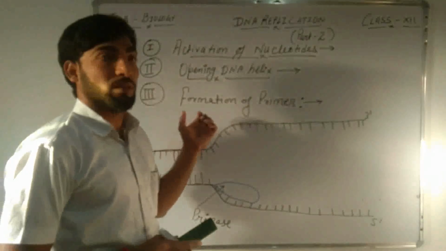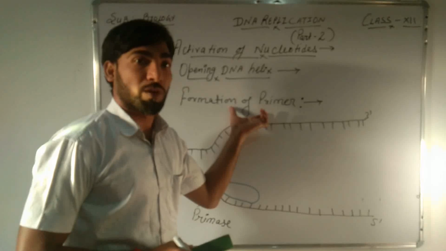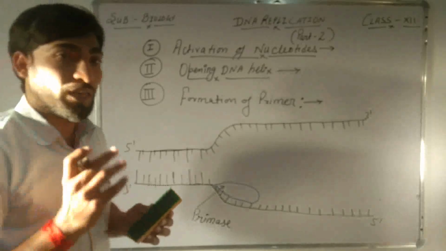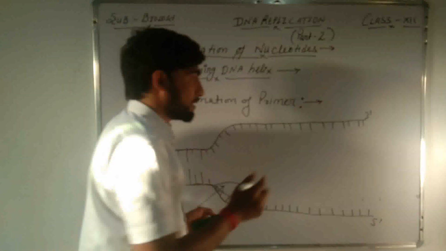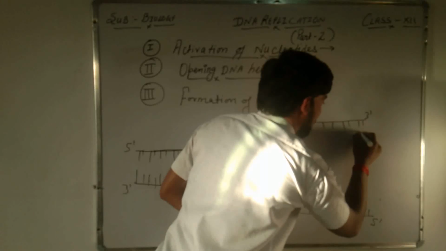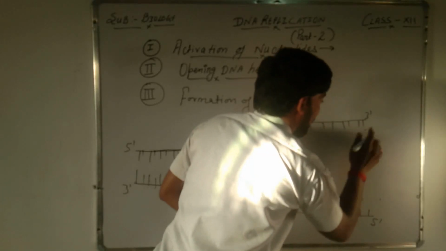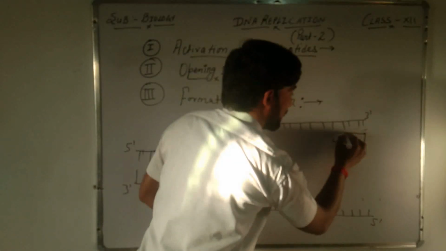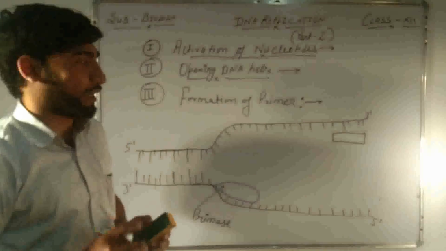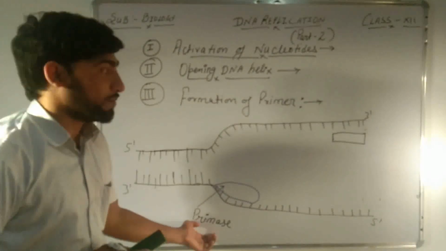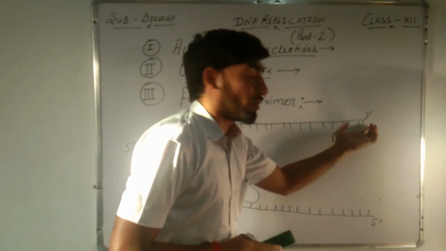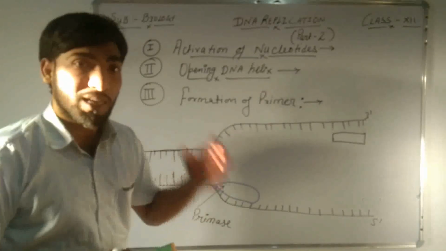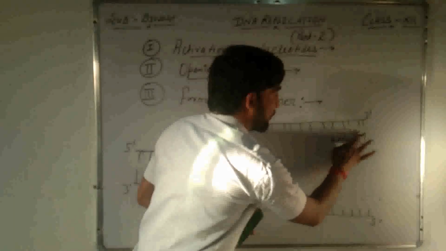Now our third step of DNA replication is the primer formation, and during primer formation, the primase enzyme binds to the open DNA strands, and this primase enzyme then results in the synthesis of an RNA primer, because this primase enzyme is usually a DNA-dependent RNA polymerase enzyme, and it binds at or in front of the 3' end of the template or parental strand, and then synthesizes an RNA primer of